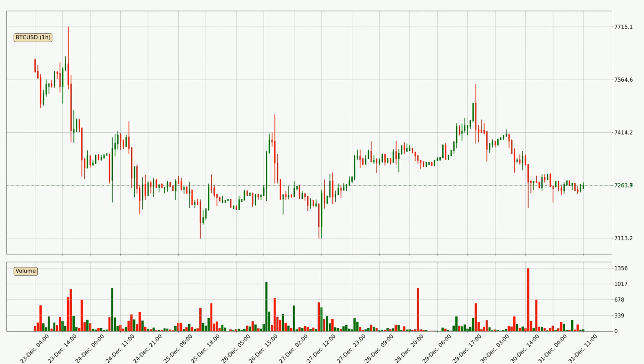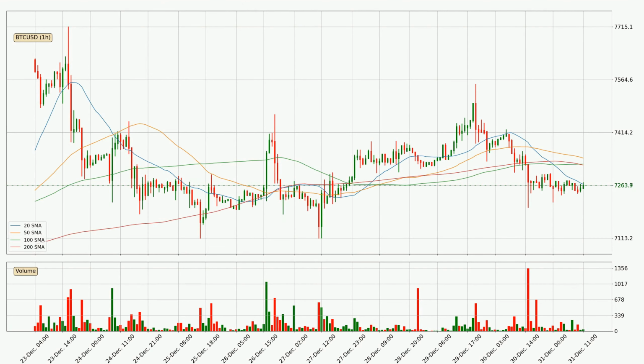Looking at the Bitcoin hourly time frame, the price moved only slightly to the downside, with around 0.9% in the last 24 hours, with a current price of $7,264. Jumping to the simple moving average, or short SMA, it is calculated by summing up the close prices for